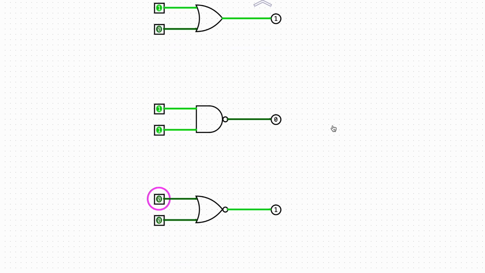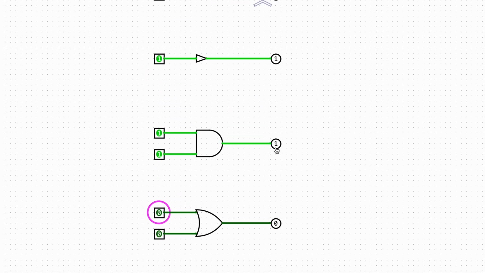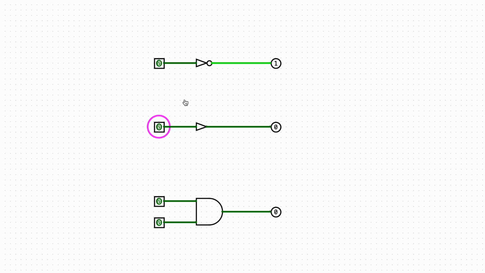Next, we will combine them and build more complex circuits like adders and multipliers. And then we'll move on to making ALUs, arithmetic logic units, then the control unit, registers, RAM, ROM, and how all these work together to form